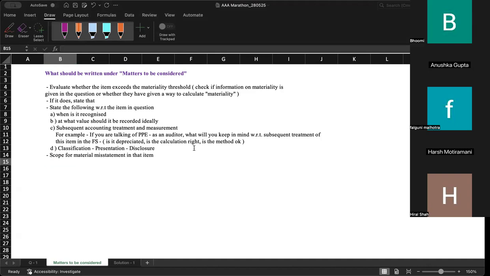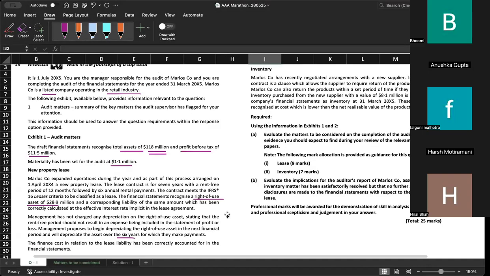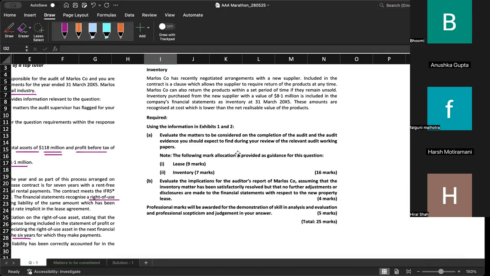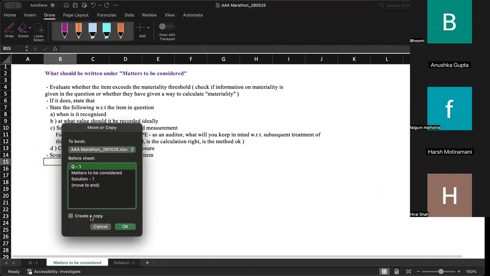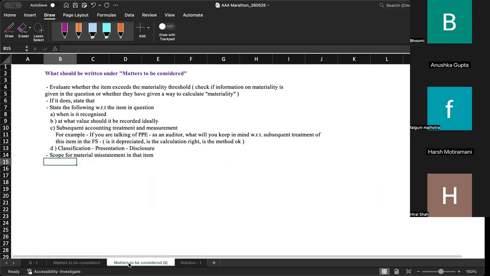Yes, sir. Second type of question, what is it? The second question is: audit evidence you should expect to find. Okay, meaning what is the ideal set of evidence, that is what they are asking you. Okay, the second type is